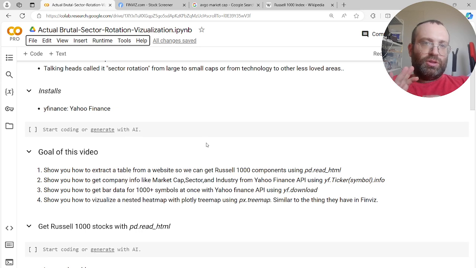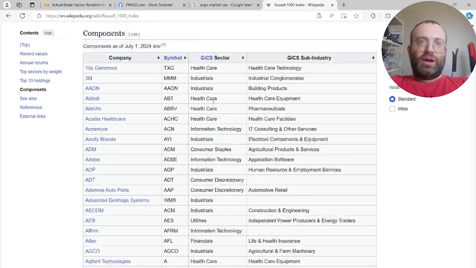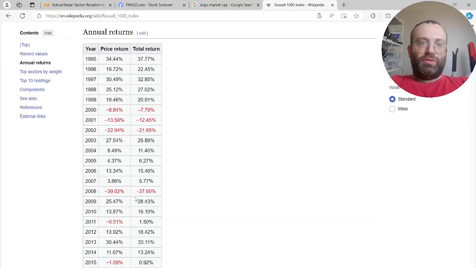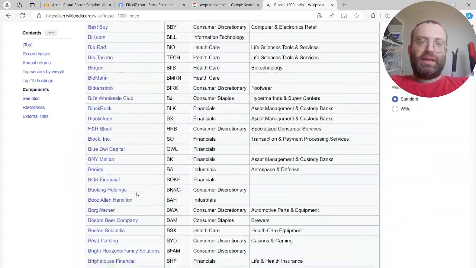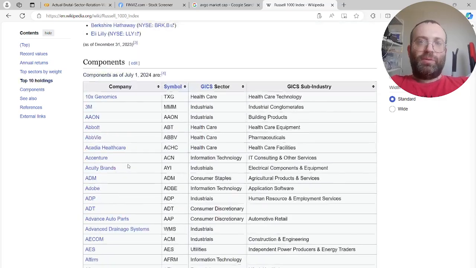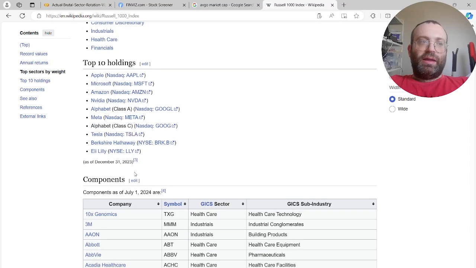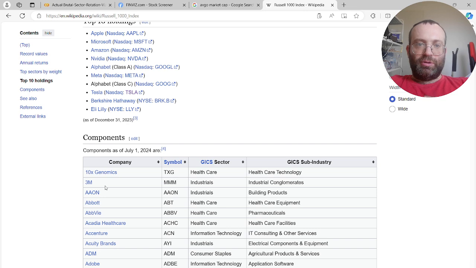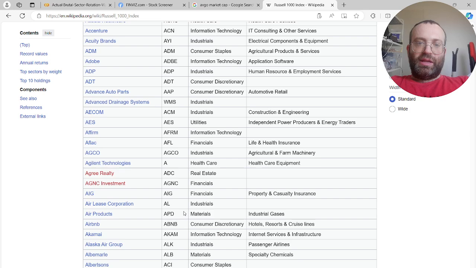The main goal of this video is to do that nice visualization, that heat map. But I do want you to learn four different things. One is the trick I showed you once, where you can Google something like Russell 1000, and you get a Wikipedia article with all these tables. So a trick with pandas to get tables from a website into pandas. It's going to be pd.read_html, which is really cool. That's the first thing I want to show you. Then we can get these as tables, and we're going to use the Russell 1000 as our set of stocks, so we can get the list of all